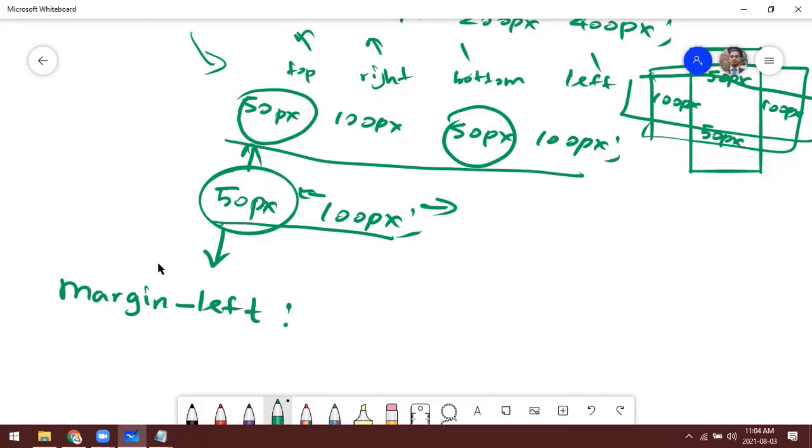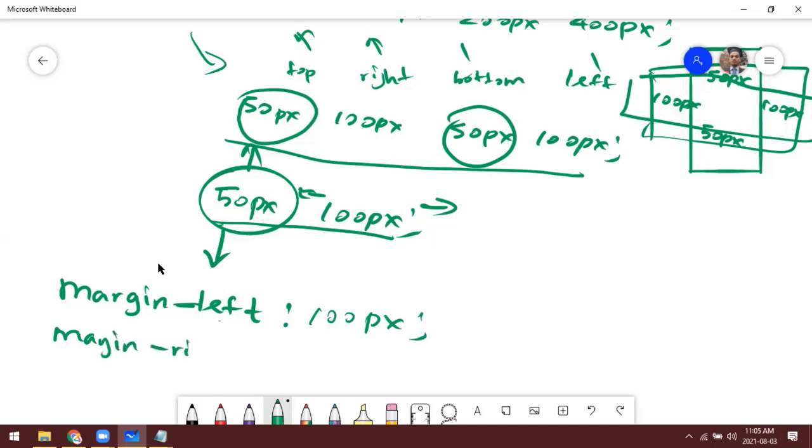If you specifically mention the direction like this, margin left, it means it is only left. You can't give more than one value here, because you are specifically referring, okay, this margin is a specific CSS property for giving the left margin. So in that case, you can give only one value, 100 pixel.